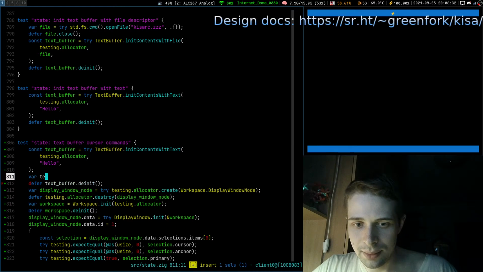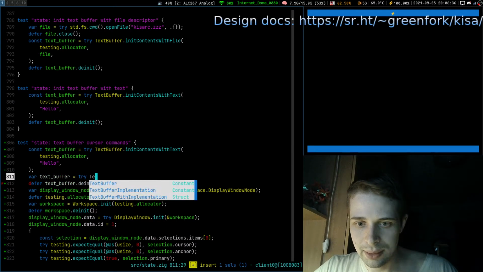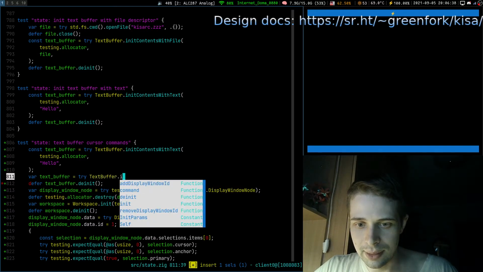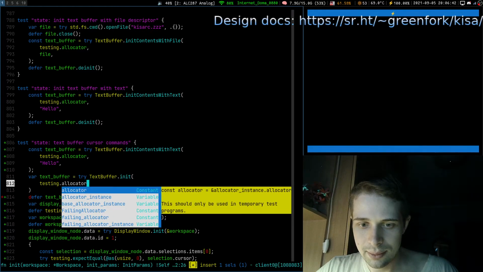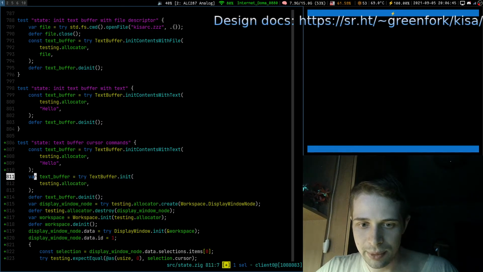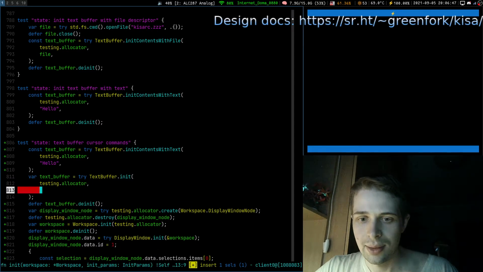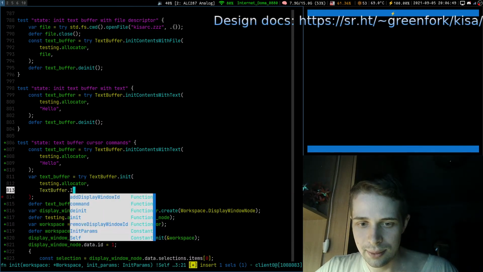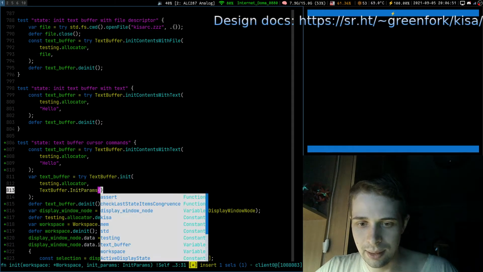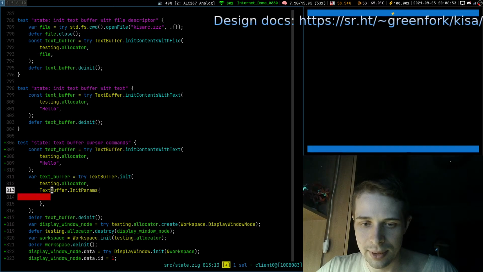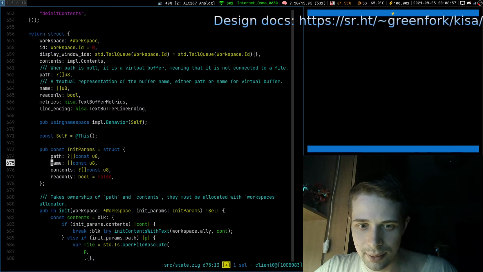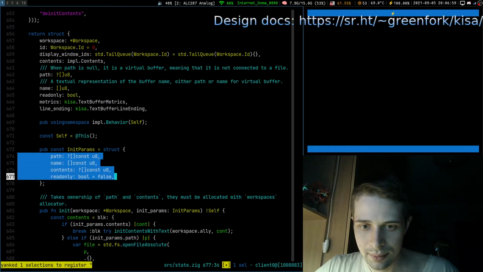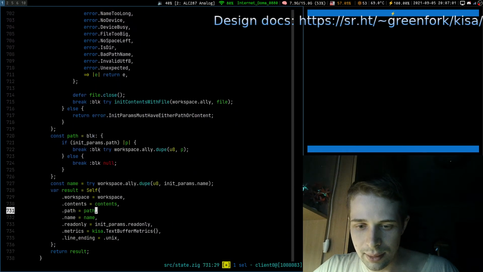We go var text buffer equals try text buffer dot init, and we pass it an allocator, and as a second parameter we should pass it text buffer init params, and a lot of init params. Let's just copy them from text buffer. Here they are.